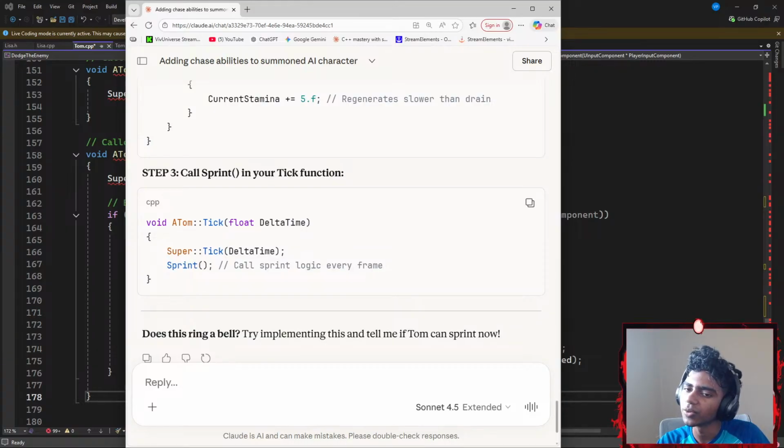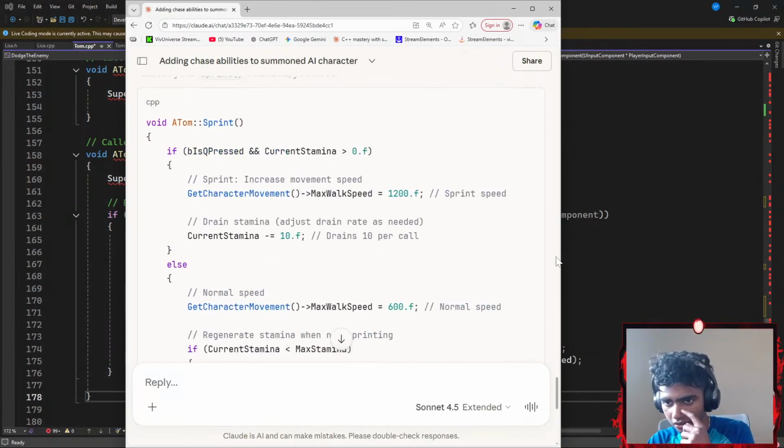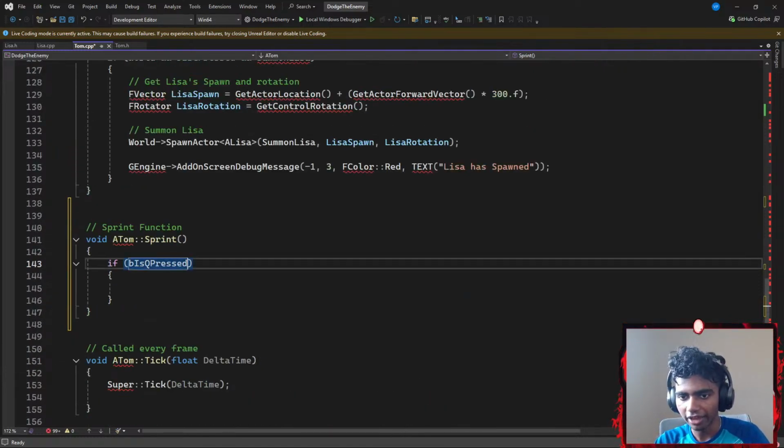Oh, in the tick. Wait, hold up. I think that it's not really that smart to call my sprint function on my tick, but I'll try the logic first. So get character movement was the thing that I was missing. So if my B is currently being pressed, and I'm gonna go with something like if my B is being